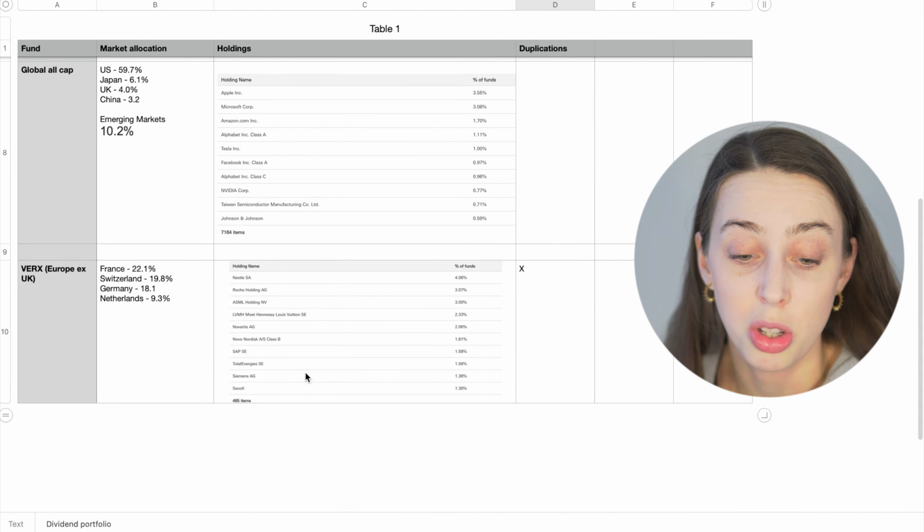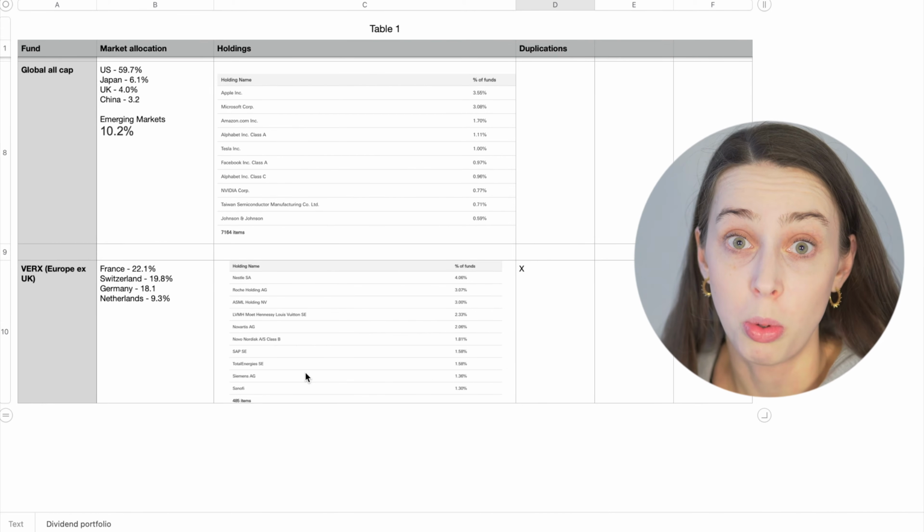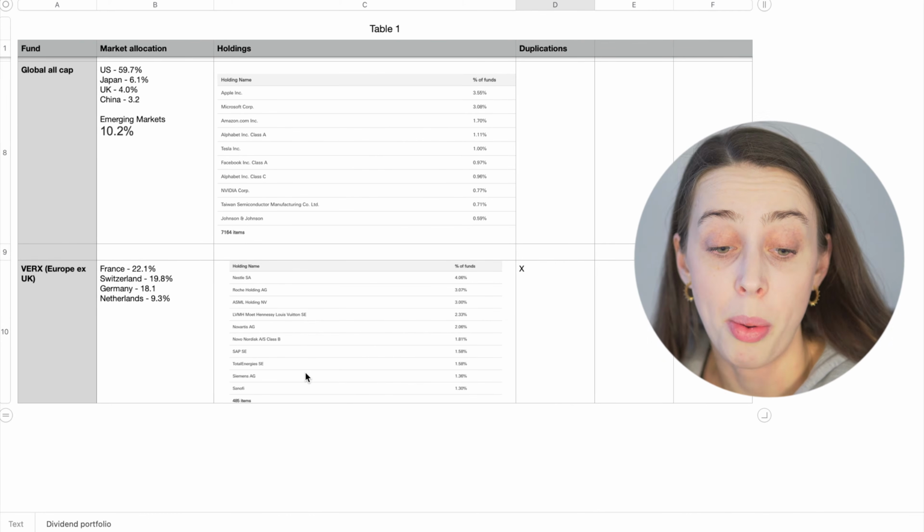What I will say is with this fund, the VERX, you are getting those European companies that you're not going to get in a UK tracker, that you're not going to get very heavily in a global tracker. Because if you look here, you're getting 22% in France. You don't get 22% in France in the Global All Cap, for example. So that's some decision I've had to make. I am just going to move out of that European tracker and just back the global market